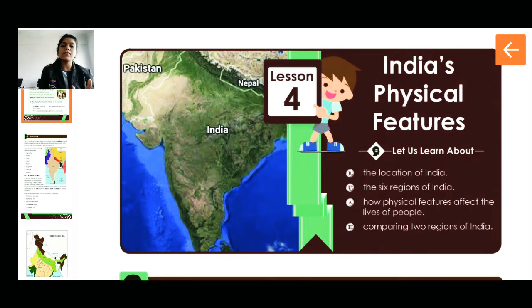Now what are these physical features? When we use the word physical, that means what you see, right? All the features, the appearance. So if we talk about the physical features of India, that means we will study about how India looks, what are the boundaries of India, who are the neighboring countries of India, what are the different regions in India, right? What are the different plateaus, all the different regions which you can see. So how is the appearance of the different places. So all these things will come under physical features. So today we will see the different physical features of India.